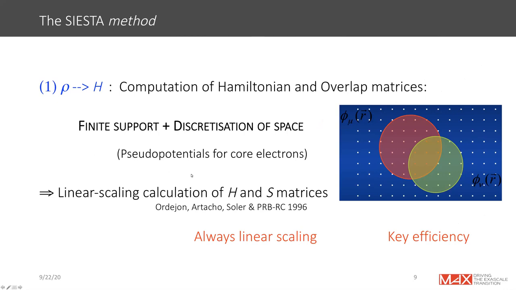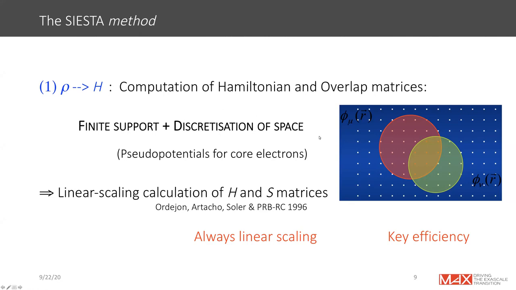So using that, let me put it in as the two key components from the computation point of view of a typical density functional theory code. You have one bit in which, given a density, particle density, electron density in your problem, you compute the Hamiltonian for your particular problem, the Kohn-Sham Hamiltonian. So the computation of the matrices and matrix elements, when you have the finite support I was talking about, together